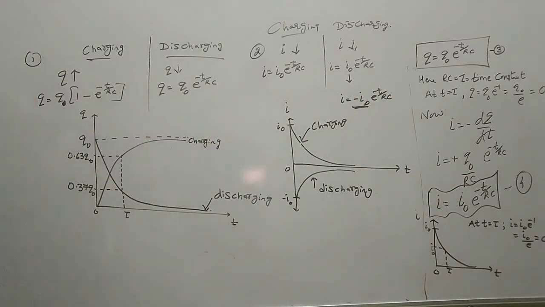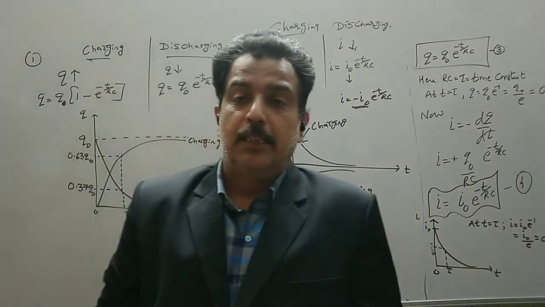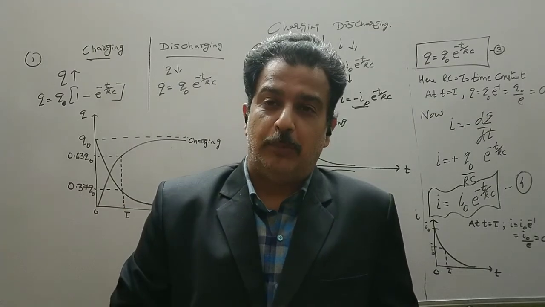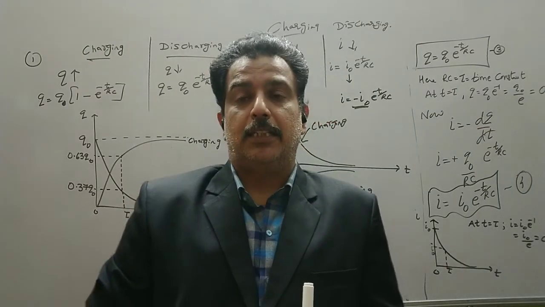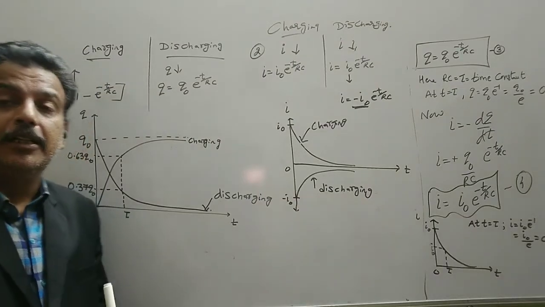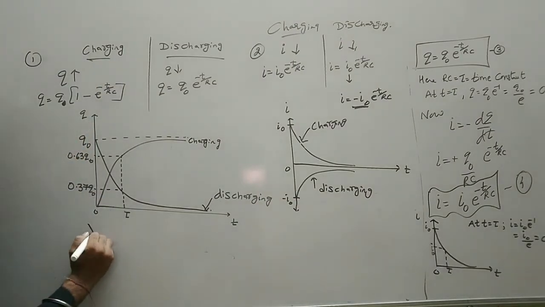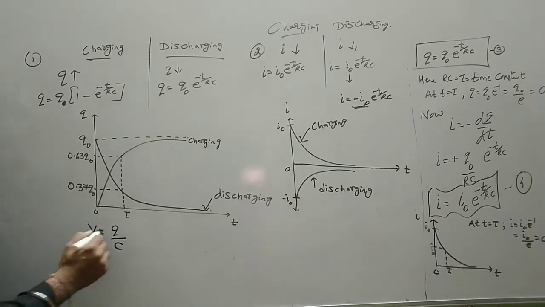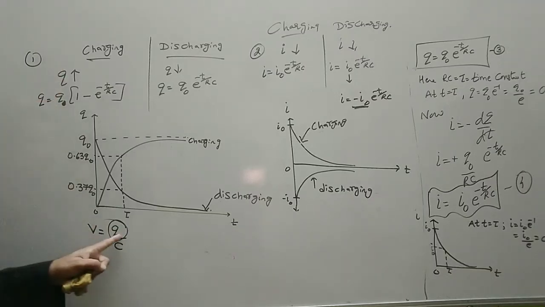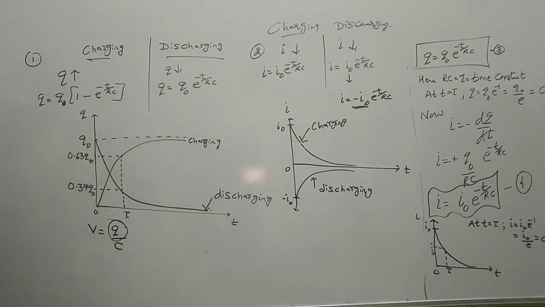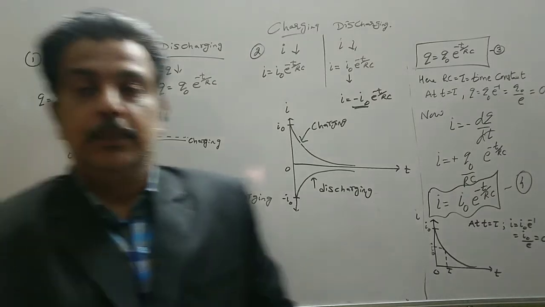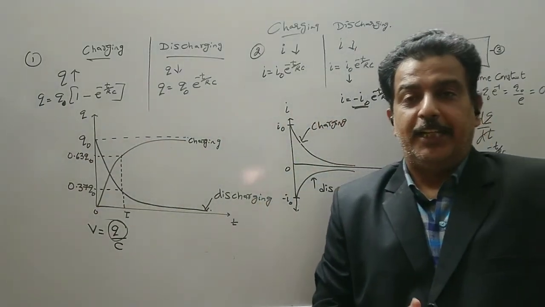So this is all about charging and discharging of a capacitor, and we can find out the potential difference across the capacitor at any instant by the formula V is equal to Q by C. So we have studied Q during charging, you substitute that value. During discharging, you substitute this value. So you can easily find out the V also. So this is an important topic related to JEE and NEET.